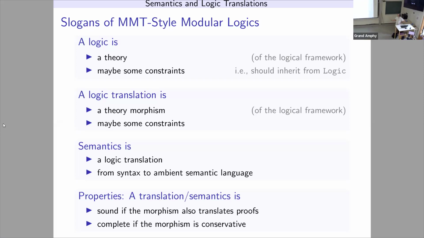And semantics is going to be just a special case of a logic translation. The difference will be purely pragmatic in the sense that instead of translating from logic 1 to logic 2, we're translating from logic 1 to a formalization of whatever we consider the ambient semantic language. Could be set theory, or it could be the calculus of constructions, or it could be a programming language. Whatever we decide to believe in as a faithful representation of the Platonic world that we want to work with,